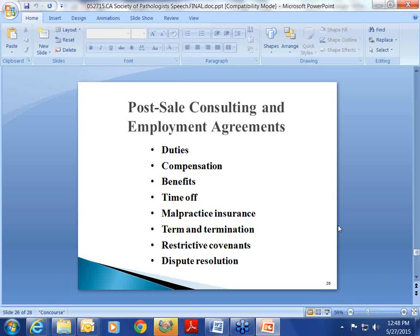And even if you're going to be an owner of the new corporation that's buying you out, which sometimes is the case, you'll still have an employment agreement. So any employment agreement needs to cover the items listed on this slide: clearly set forth what your duties are, how you'll be compensated, what kind of benefits you'll be eligible for, time off, will you be covered for malpractice, and if so, for tail insurance, how long will the term of the agreement be, and when can it be